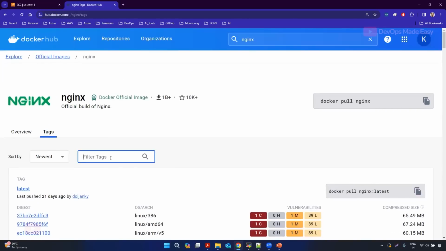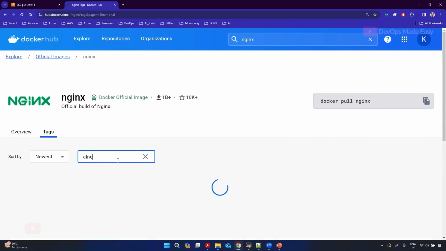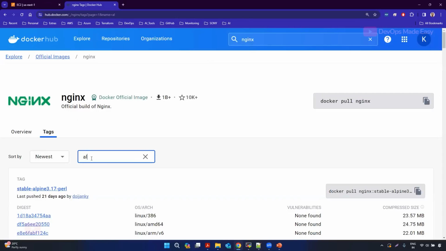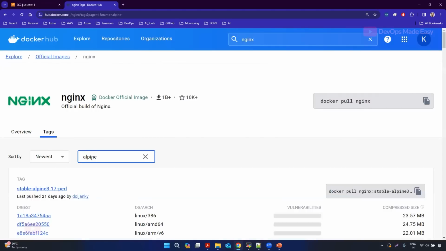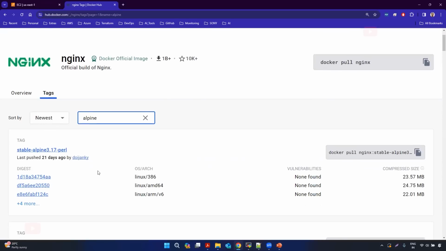There is one more tag known as Alpine. Just remember this name. Alpine is an operating system which is very lightweight. Why I'm talking about Alpine, I'll come back to by the end of this session. Mostly every image will have something known as an Alpine tag, so it will have Alpine in its name. And if you look at the image sizes,